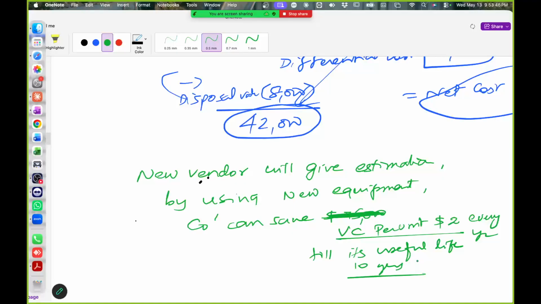So the new vendor will write, you will see that in the technical literature, the prospectus,